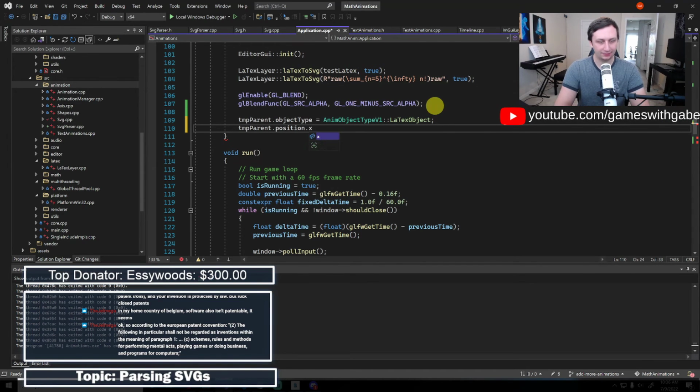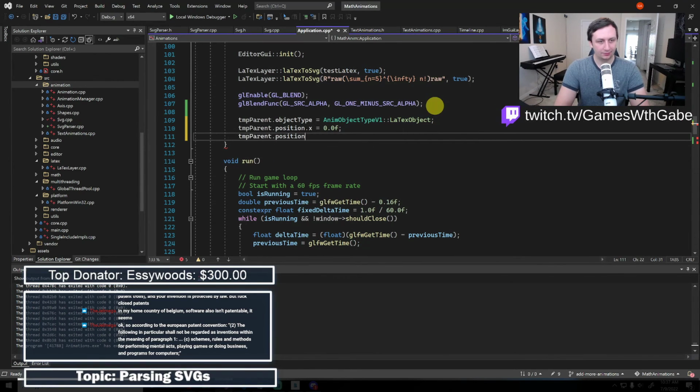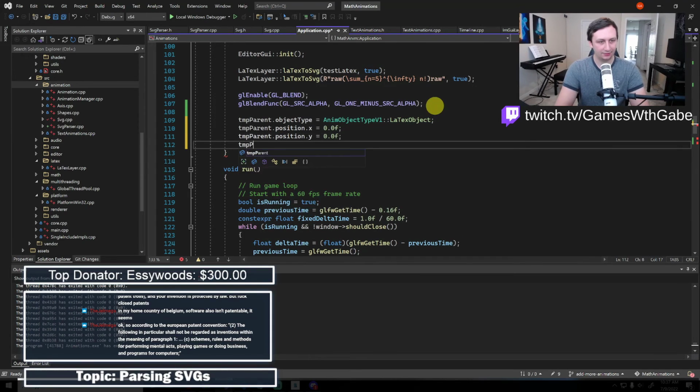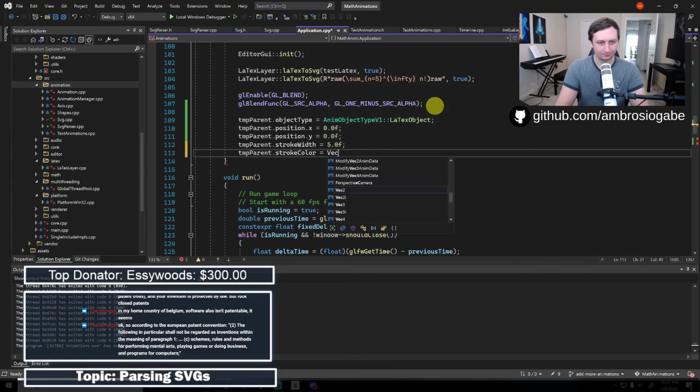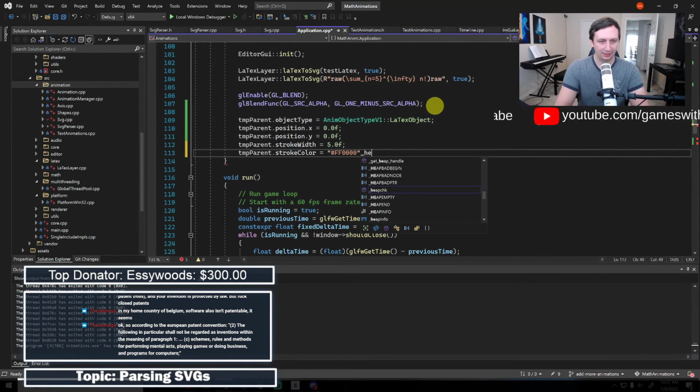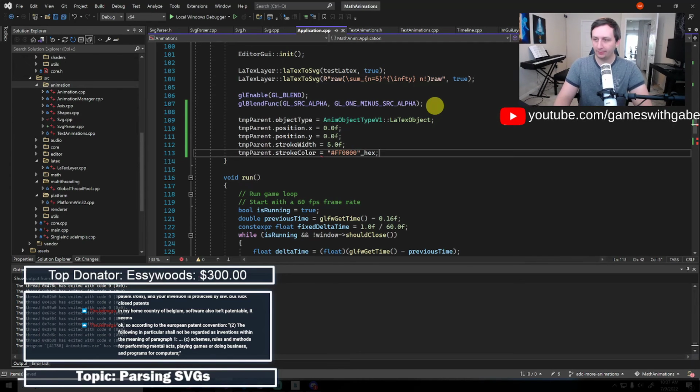Position dot x equals 0. I think that should be fine. Stroke width equals 5. Okay, so basically I'm setting up an animation object that we'll be able to put this SVG object into